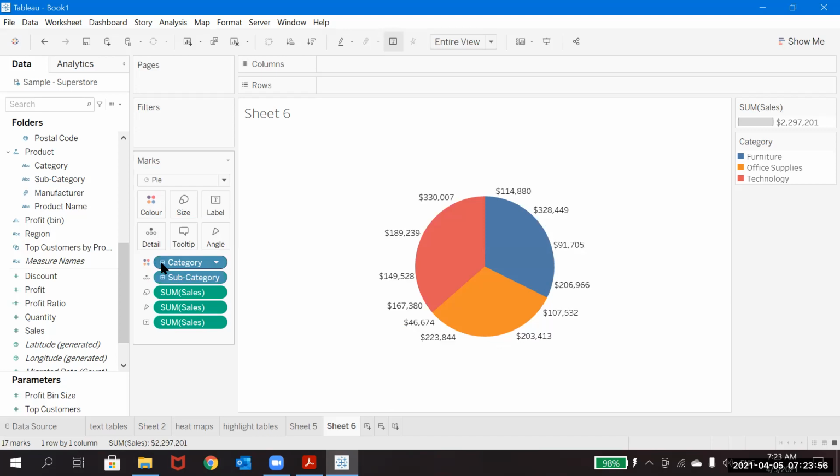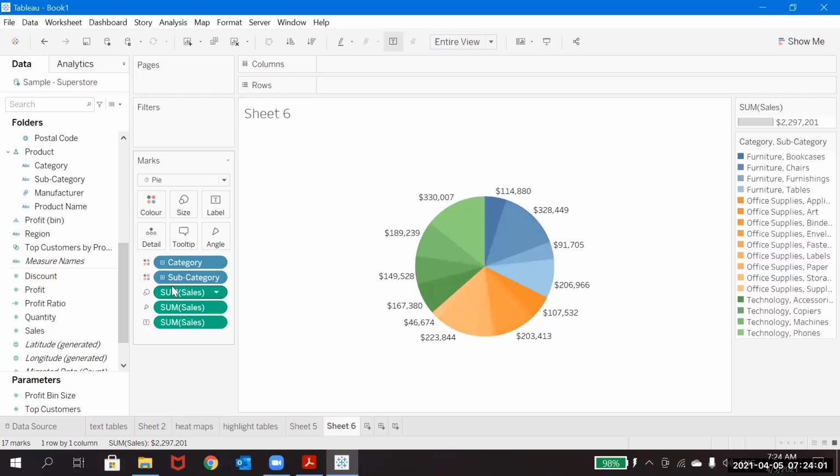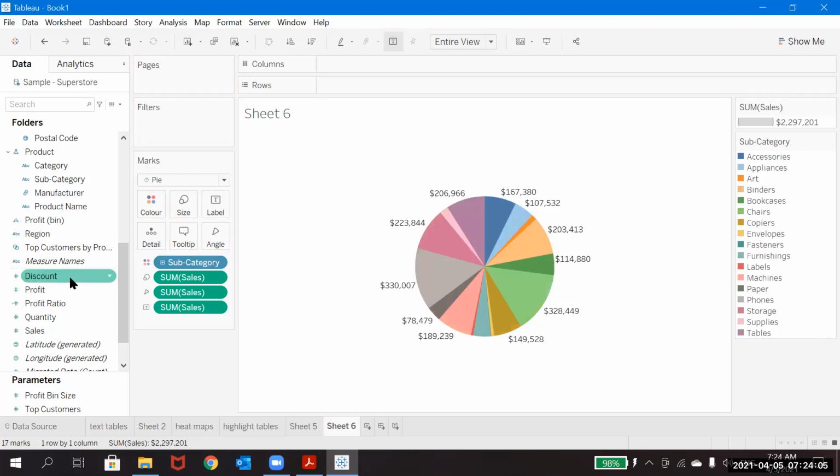Maybe if you'd like to add subcategory instead of category, you can use whichever you would like to showcase. So this is how you can create the pie chart manually.